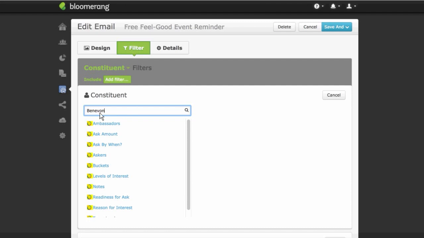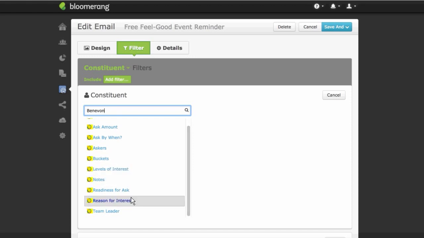I typed in Benevon, and you're not seeing Benevon as a part of any of the names of these fields, but we do have the Benevon logo here, so that's how the filter is working. So you don't necessarily need to remember what the field's called. As long as you type in Benevon, you can see all of the Benevon fields because they have that Benevon logo associated with them, and then you can look through the list to see which one it is that you want to add. So I'm going to go ahead and select buckets here